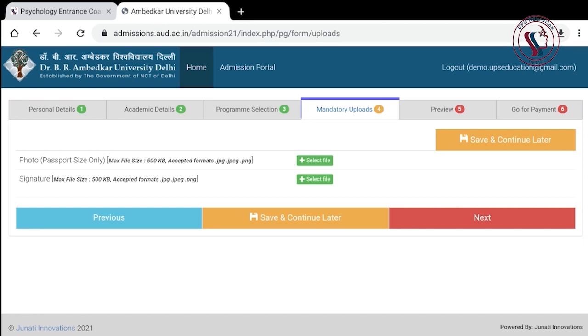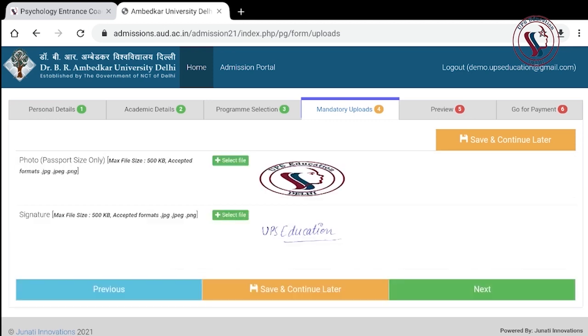Now you need to upload your passport size photo and your signature. Remember, your photo should not be greater than 500 KB in size, and same goes for your signature. So upload these. After you upload these, you will click on next,